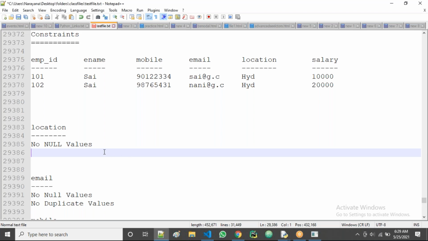So here, the location can have duplicate values, right?